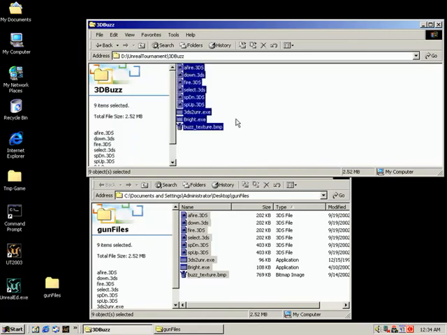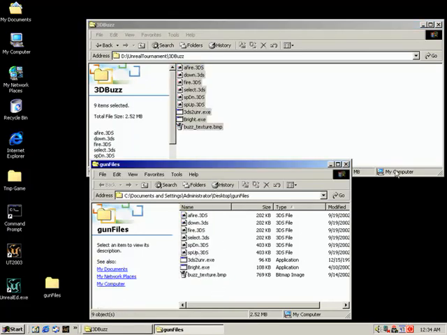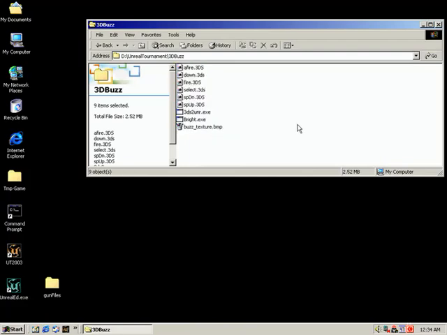And of course, I could have just moved them and deleted this other folder, but we'll just leave this behind for whatever reason. All right, so now I've got all of my files that I need inside of 3D Buzz. I think this is a very appropriate time to stop for just a second, and let's talk about